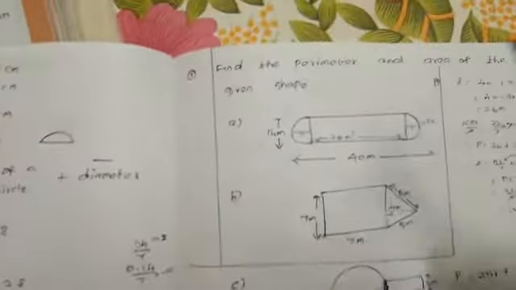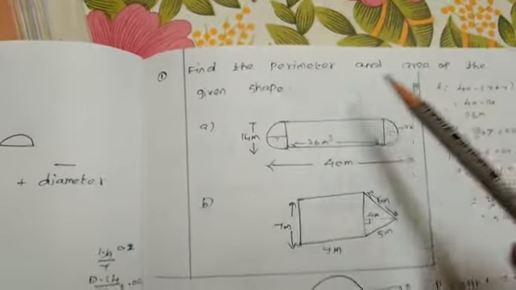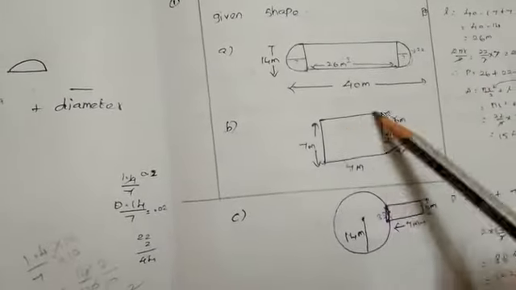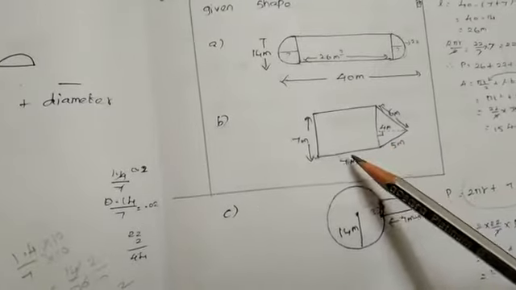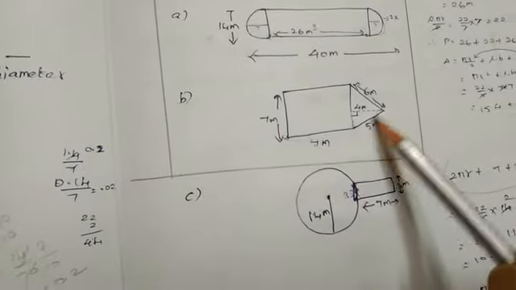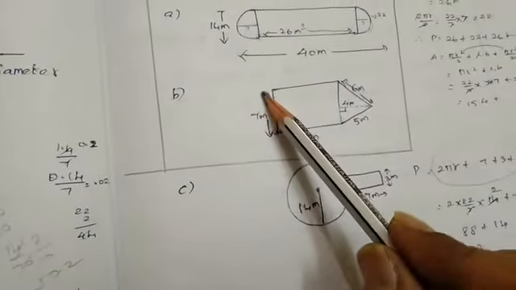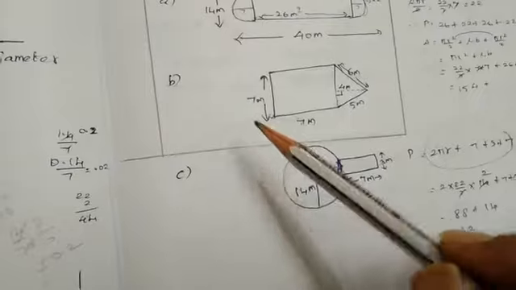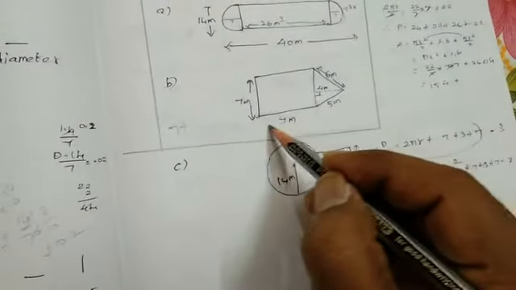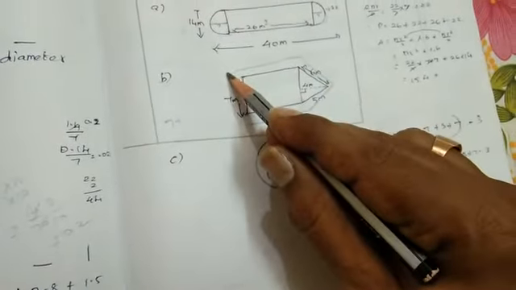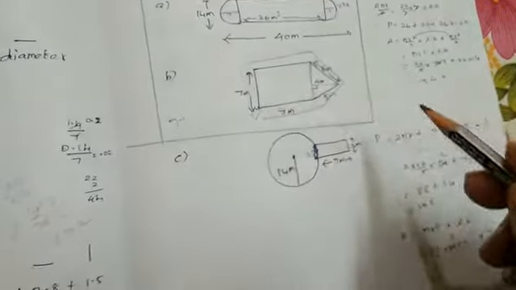Okay. Using this, you are going to find the homework. Find the perimeter and the area of the given shape. We already discussed this kind of problem. You just solve. Second one, it's a square. It's a triangle. Because 7 meter, no. So perimeter is nothing but 7. Here given 5. Here 6 and 7. And 7. 7 plus 5 plus 6 plus parallel, no. 7 plus 7. This line 7, 5, 6, 7 and 7. So add all the numbers.